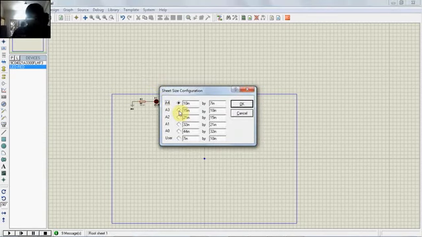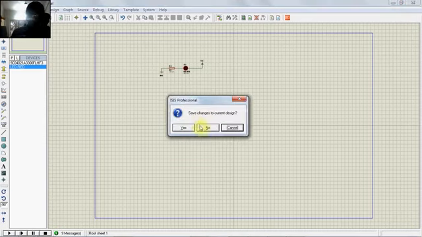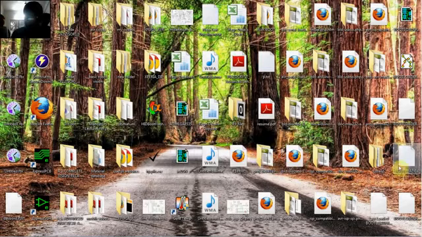Okay, now I will be showing how to make another circuit which is comparatively larger, and it includes an NE555 and so many other things. Just wait. Okay, this is the circuit which I am going to show you.